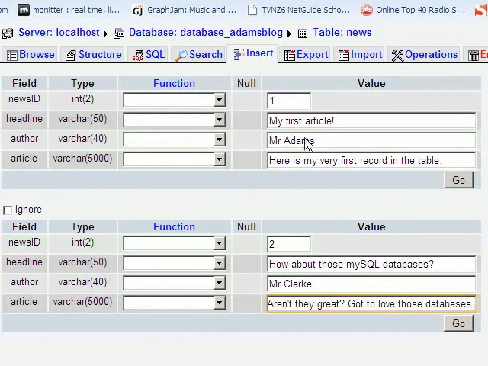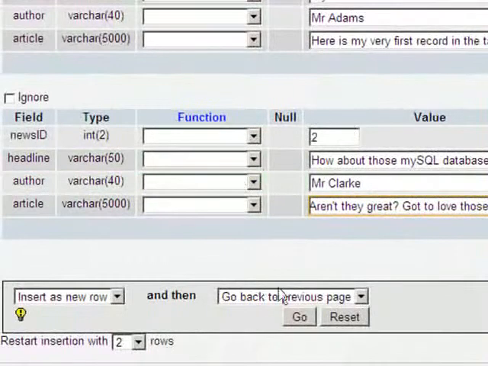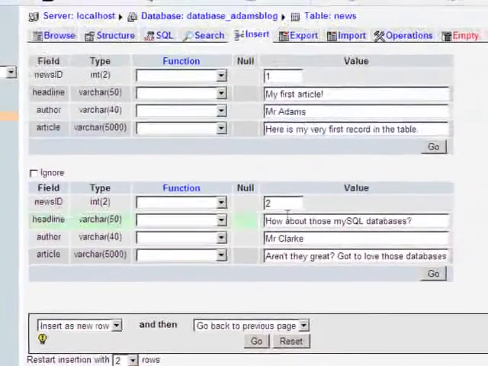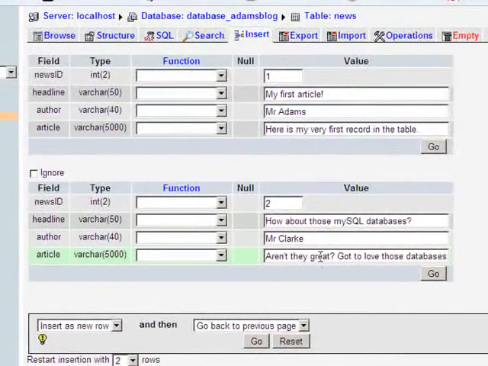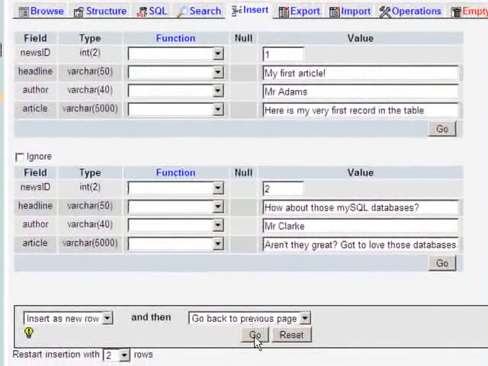So we've got 2 articles now, very short obviously. 2 articles set up, and down the bottom here I have the option of clicking go, and you can see there it says go back to previous page. So when I click go, it'll return to the news table, or in the drop down I could select insert another row, which would then empty those 2 records above, and allow me to continue entering. In this case I only want 2, so I'm just going to click on go,